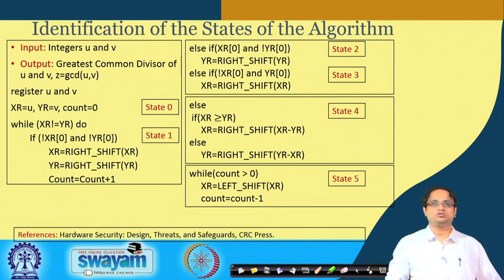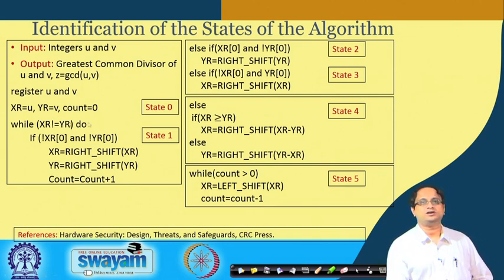Okay. So first of all we think about how we store u and v. We think of a register transfer logic, an RTL description. Here we know that there are two variables u and v. So in order to store them, I allocate two registers, say XR and YR, which I use to store the values of u and v in my computation. The first thing is the assignment, where I assign u to XR and v to YR. Okay. And then I initialize a count to 0; I will explain why very soon.